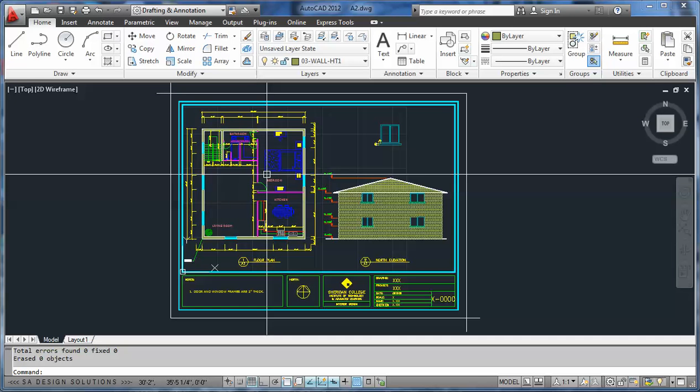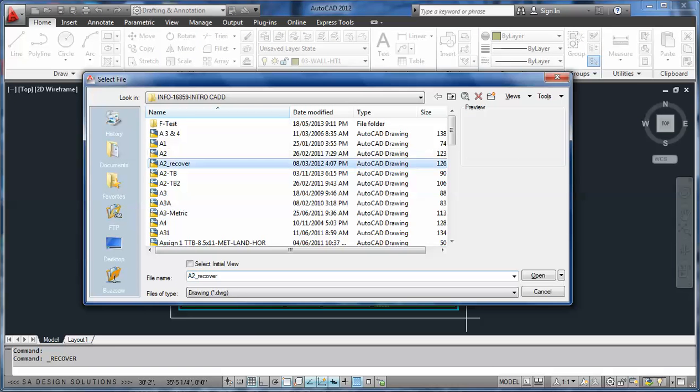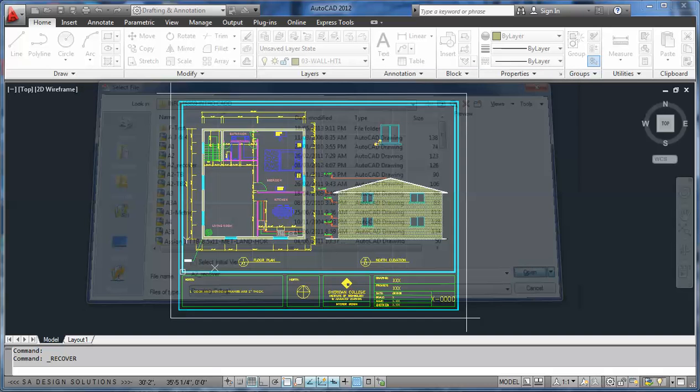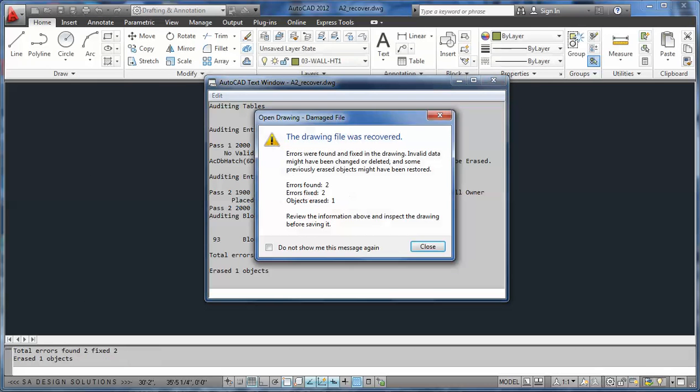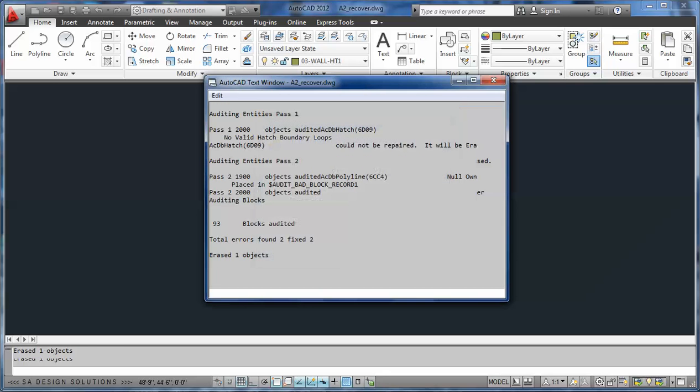Just click here and then choose recover, and you can select any file that you don't know if it's corrupted or not. Sometimes when you open a drawing, you get that message that the file is corrupted, and then the first thing you do, you go to the application toolbar, from drawing utilities, you go to recover, and then you choose the file that you think AutoCAD couldn't open because it's corrupted. As you see here, in this drawing file was recovered and errors were found and then fixed. It found two errors and then fixed two,